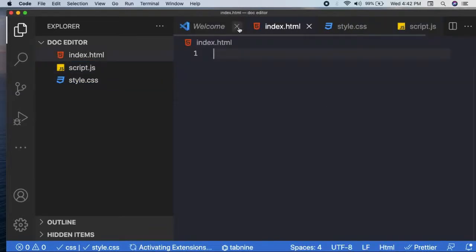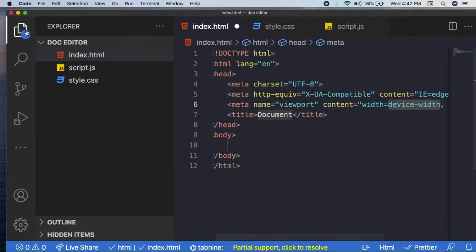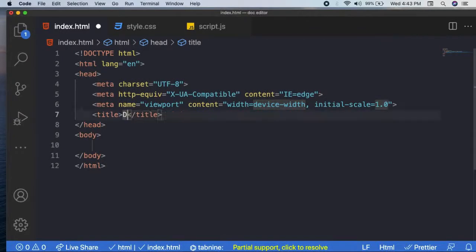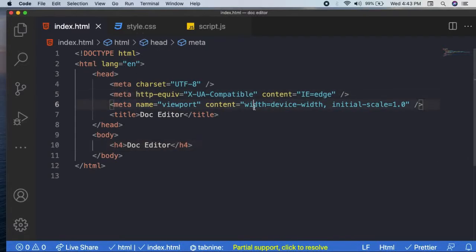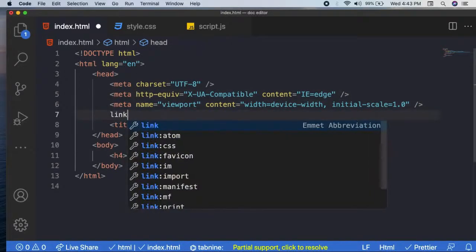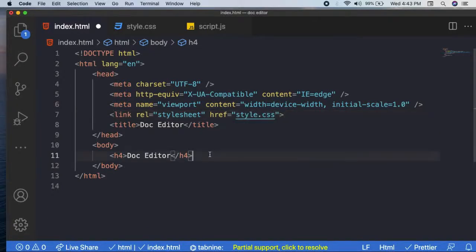Now in index.html we have to write the basic boilerplate code. So HTML:5, hit tab, and now here I'll make the title as doc editor, and then h4 I'll give a heading doc editor. Now we also need to link up the styles, so write link href as style.css, and then also link the script at the end, script src script.js,